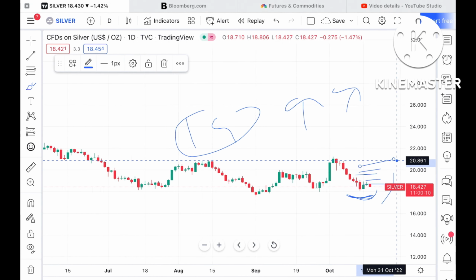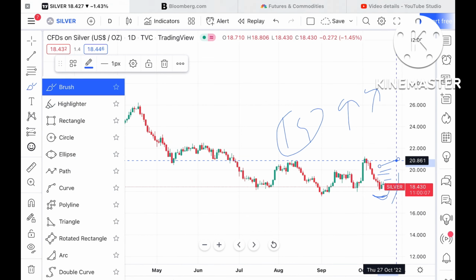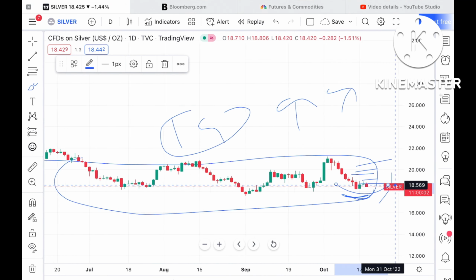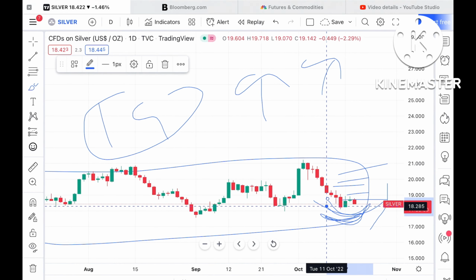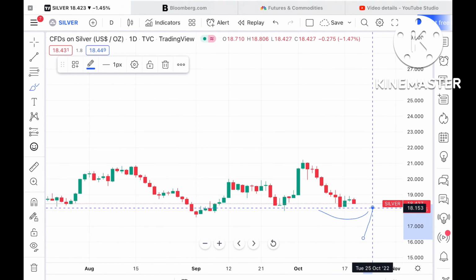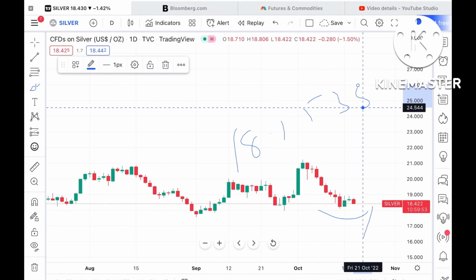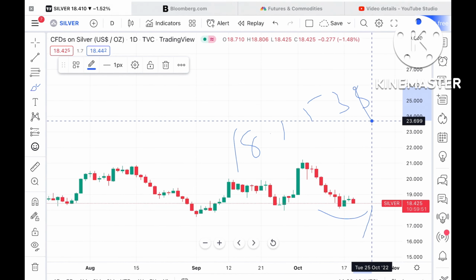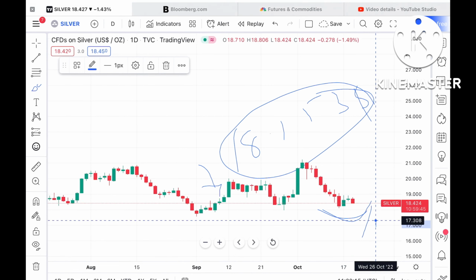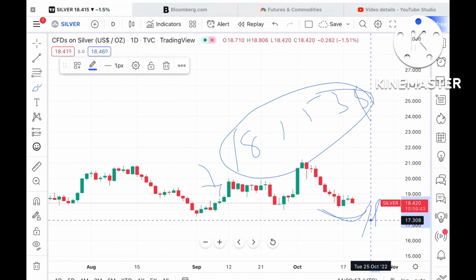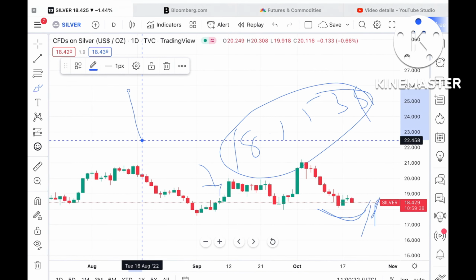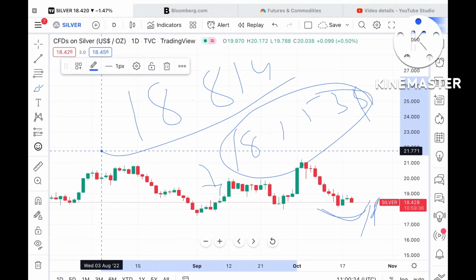Now look at this particular chart. If you look at it closely, you can see that this is the range. If this range sustains, there is a high probability that this swing has already formed here. So till the time it is sustaining a level of around 18.153, we can see it move upside. But if it crosses this, there is a probability it can move further down. So once this level sustains, trading at around $18.420, we can see it go further upside towards a level of $18.814 if the price sustains this particular